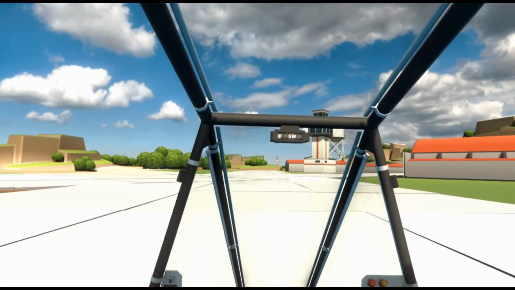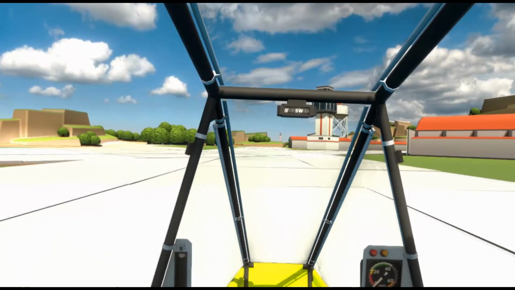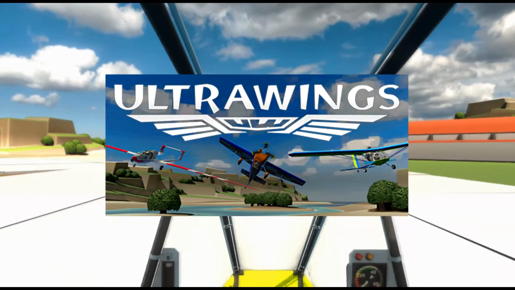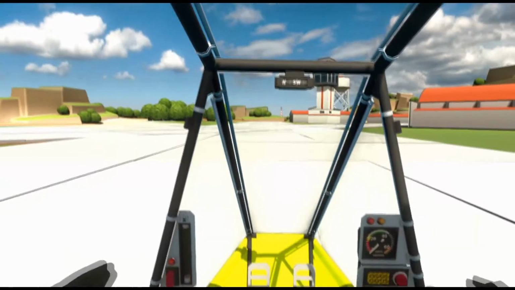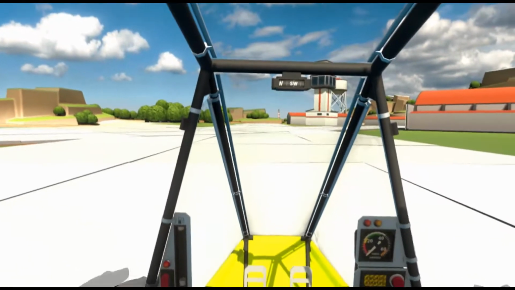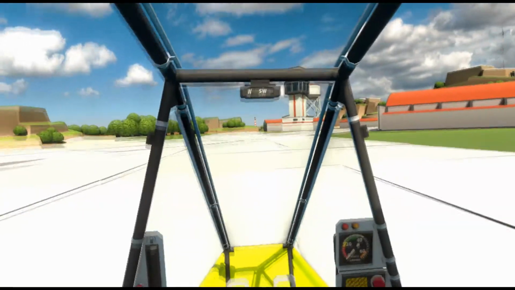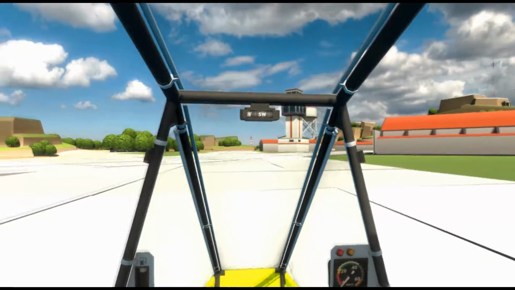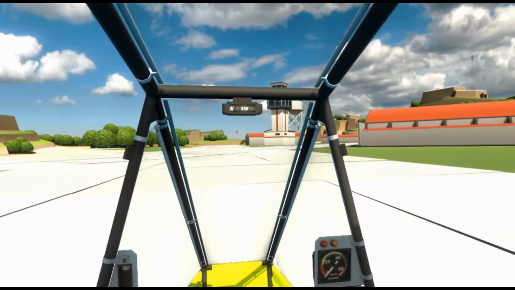Greetings and welcome to the other VR flight sim that uses motion controllers to operate an in-game cockpit, and that of course is UltraWings. Now, UltraWings is a much more peaceful flight sim than we have been playing recently on the channel in the form of VTOL VR. In this, well, actually, you can shoot things, but they're just balloons. It's just one of the types of missions that you can take. Otherwise, you're just generally flying around, flying through rings, taking off, landing, completing simple taxiing jobs and stuff